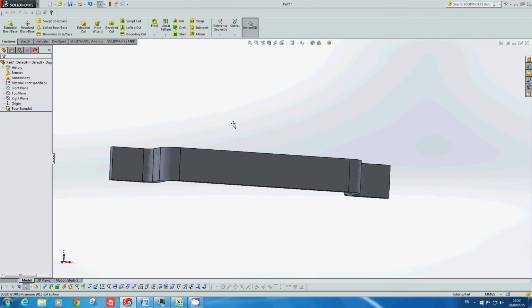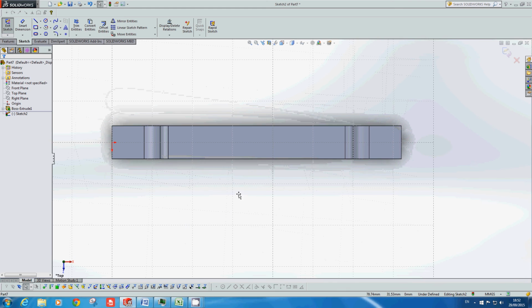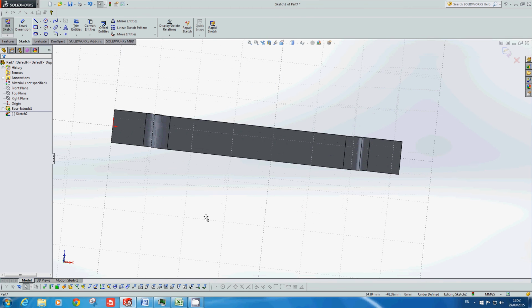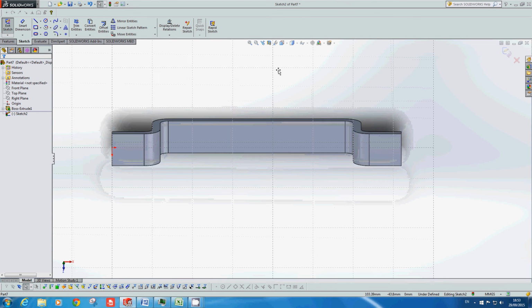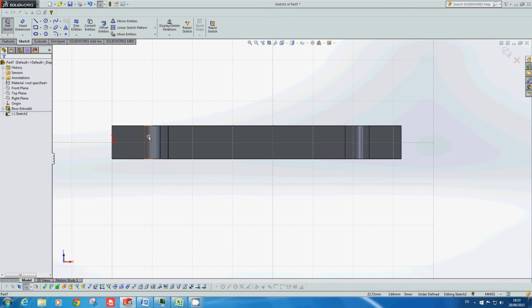So I'm gonna click on sketch, I'm gonna click on new sketch, and I'm gonna click this edge here. Now I want to look at that, so I'm just gonna click the Y. Is that the right? That's looking at the back. No, so I don't want to look at the back. Sorry, no, we want to look at the back, so I'm just using the arrow keys here to spin that around. Now where are we? We're going to put in the 2 circles, so we're going to put one here and